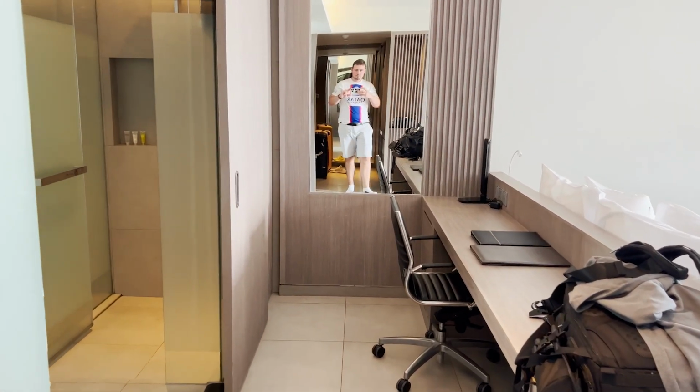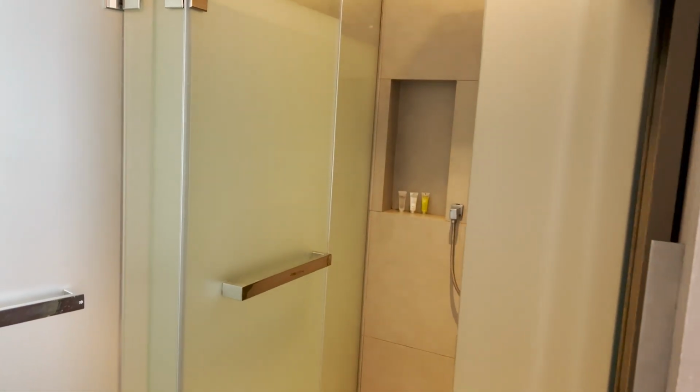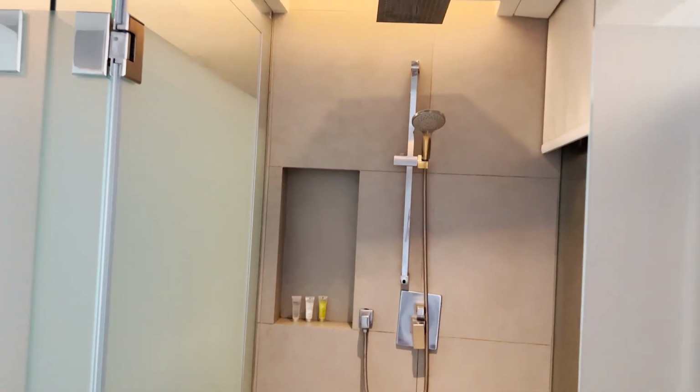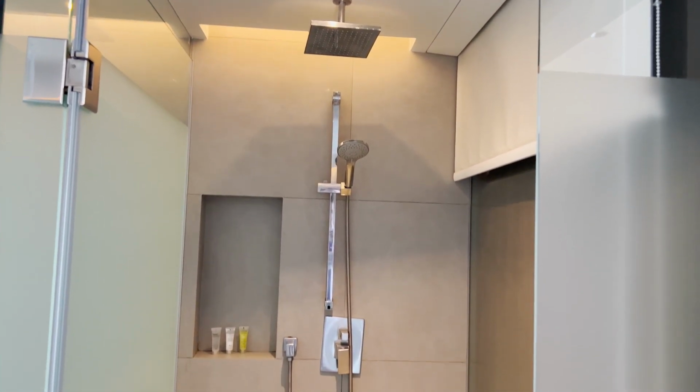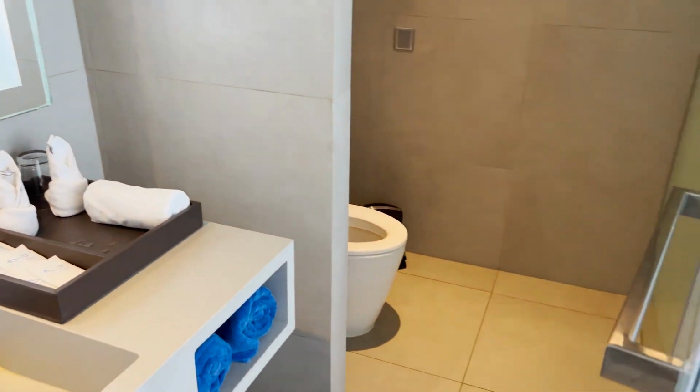This room will be our home for the next week. We are staying at the OceanFront Beach Resort. This is probably one of our favorite hotel rooms in Thailand. However, during the time of filming, you could definitely tell the resort was still recovering from COVID-19. There were areas that genuinely looked abandoned, as well as dead bugs on the floors in some of the less